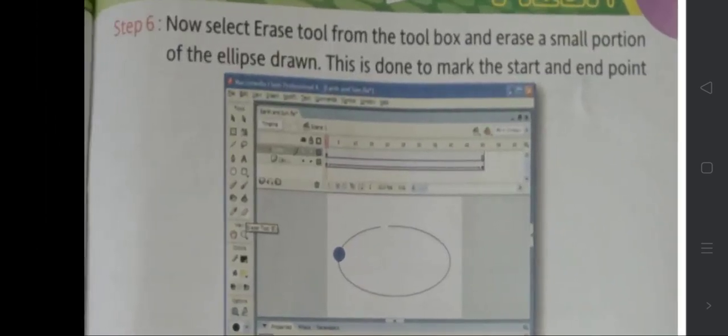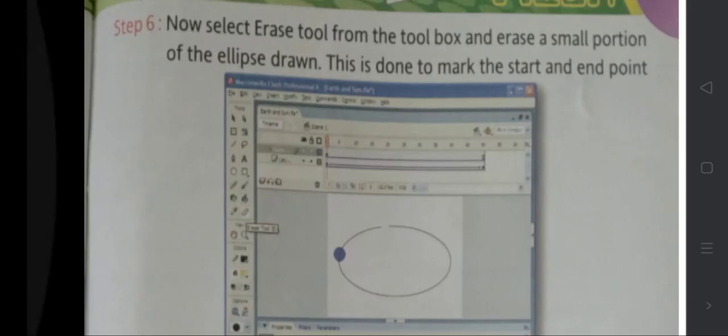Now select the erase tool from the toolbox and erase a small portion of the ellipse drawn. This is done to mark the start and end points. See here, a small cut is here, you can see.